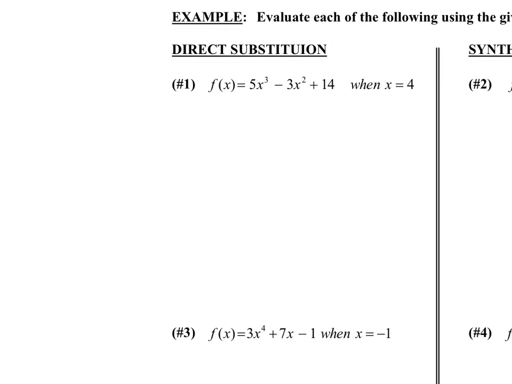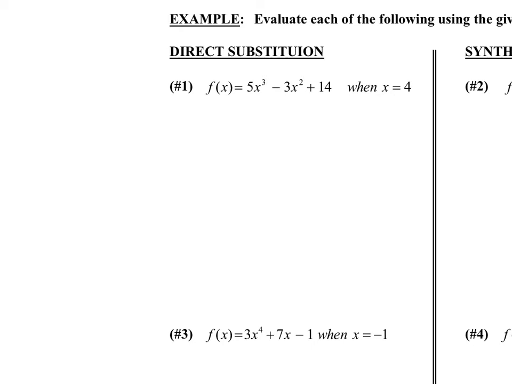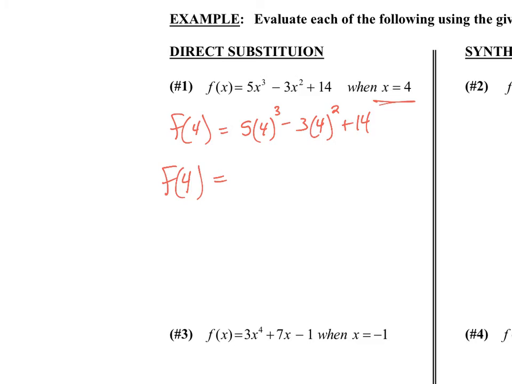So direct substitution is the substitution you've done your whole life up to this point. If we have the function, it says, what is the value of the function when x equals 4? So what we do is we take 4, and we put that 4 in wherever we see an x. We take that 4 and directly put it into the function. Anywhere there's an x, we replace it with a 4. So we end up with f of 4 equals